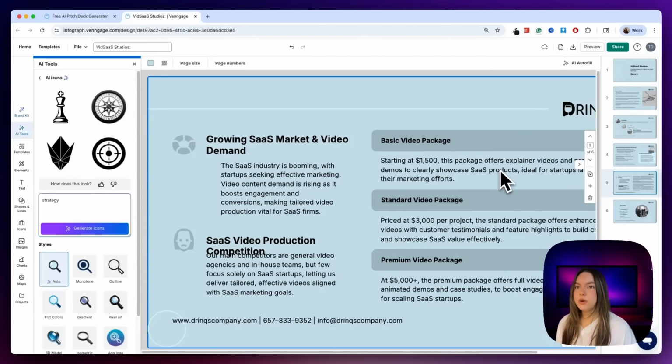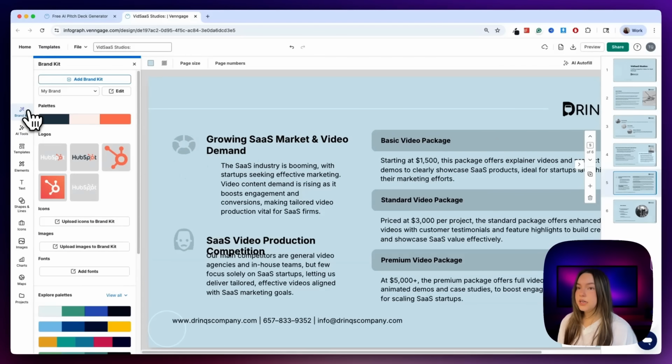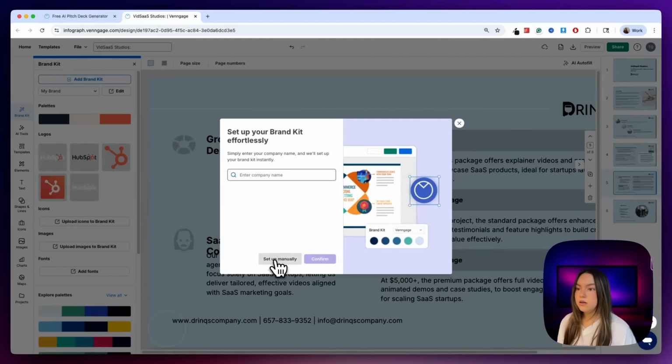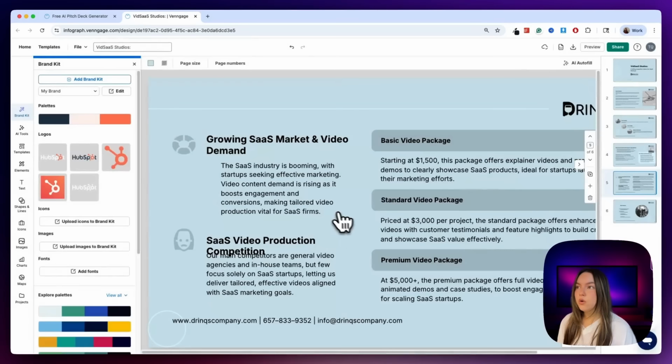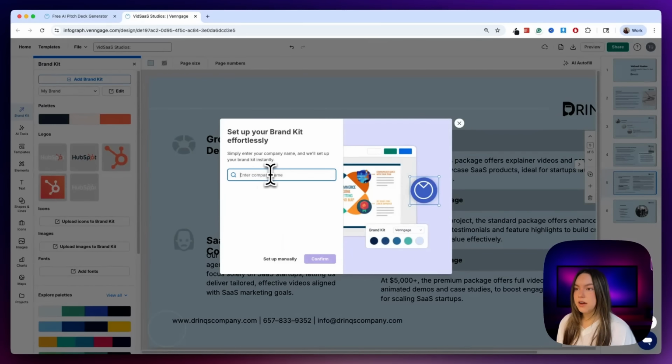So now that I showed you a little bit about the customization, one last thing I want to show you is the branding. So now it's time to look like it came from your team. Over in the side panel, you can either upload your brand kit or just type in a company name. So we can add the brand kit here by setting it up manually, or we can enter the company name and Venngage will automatically pull in your brand's assets. So let's go ahead and just put Frame Lab,